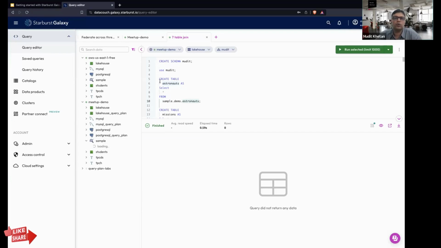I just want to show that whatever SQL you already know, you can create data from that. And we'll start with a simple select query, which is CTAS, create table using a select. Within this demo, we have the astronauts table, and we are going to use that.